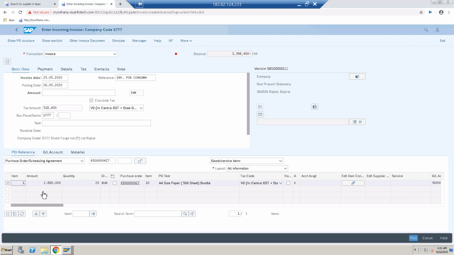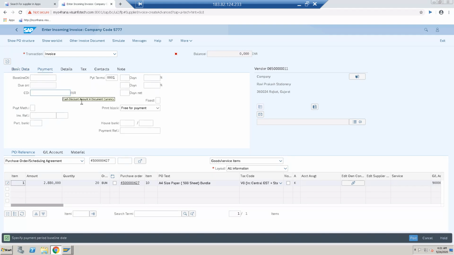Okay, this is the PO. This total amount is 2,880 rupees, per 20 bundles, and after adding tax of 9%, after including tax, this is the amount. Just copy there, copy here and paste here, and just press enter.